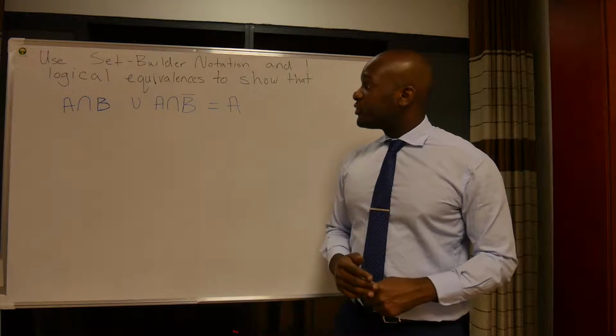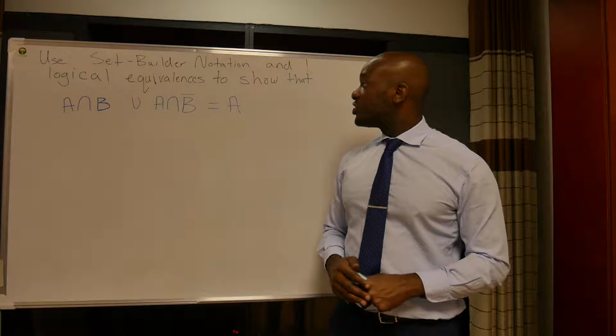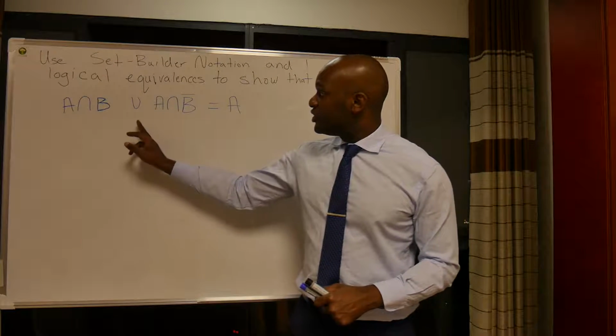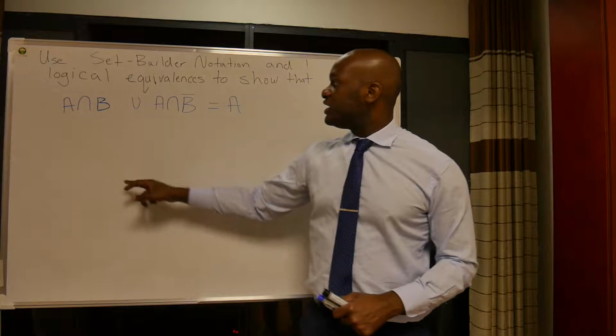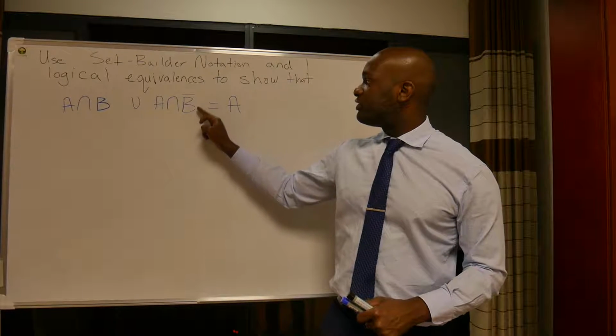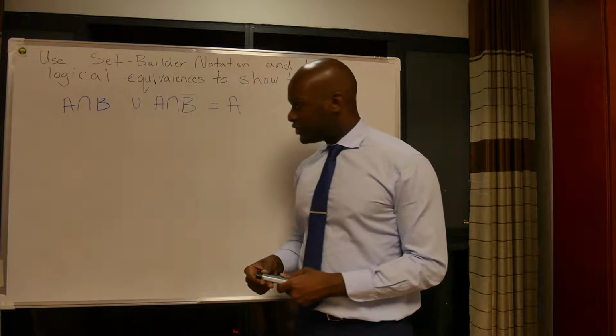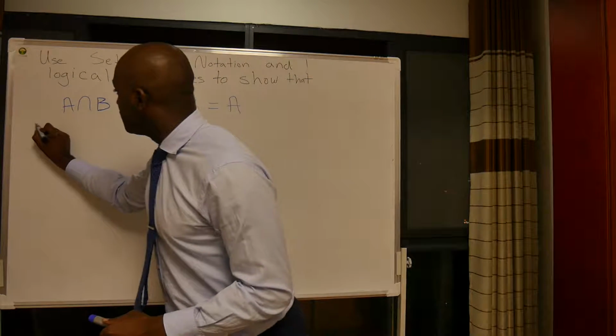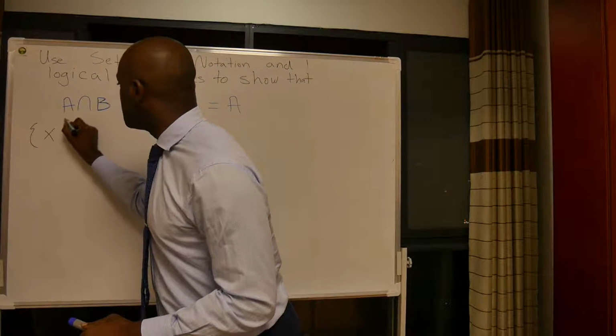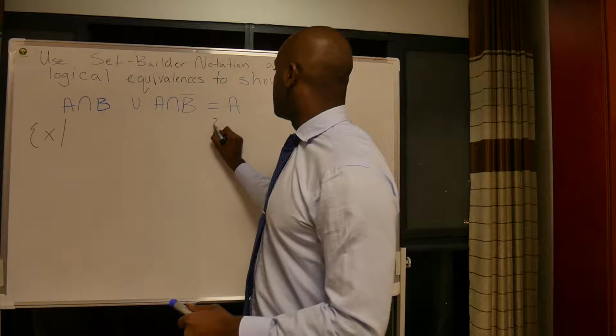We want to use set builder notation and logical equivalences to show that the set operation, the union of the intersection of A and B and the intersection of A and the complement of B, is equivalent to A. Let's get started. So first we're going to use set builder notation to write,